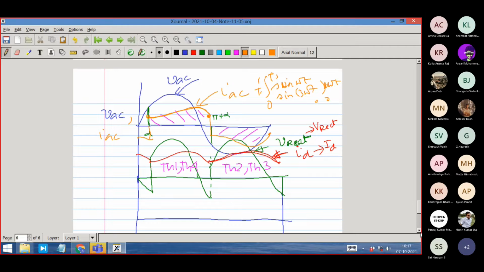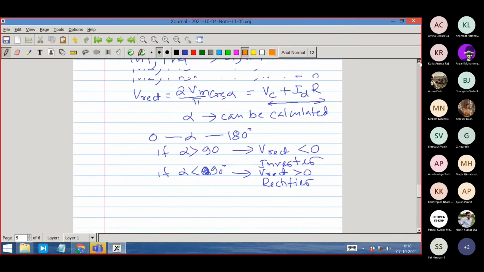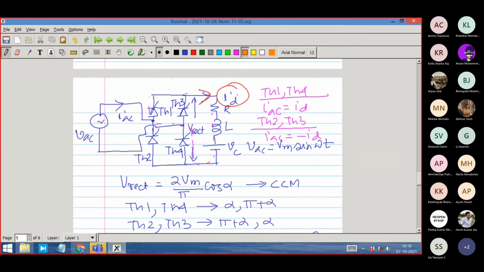We'll have to define a few new things. When the current is not sinusoidal, we have to define a few different kinds of power factors. We'll decide that, but see the picture first. In power electronics, the most important thing is seeing the picture and understanding through it, right? If I want to know the voltage across TH1 over the period, let us put a polarity convention for TH1: this terminal is plus and this terminal is minus.